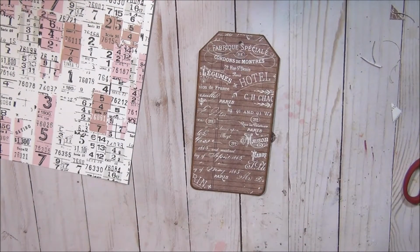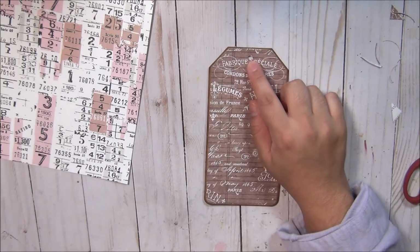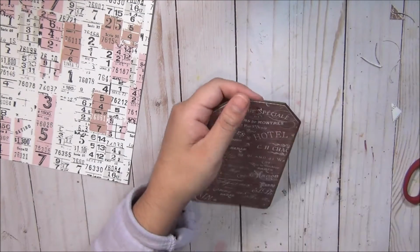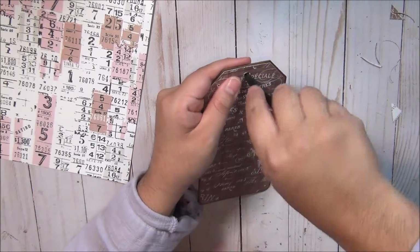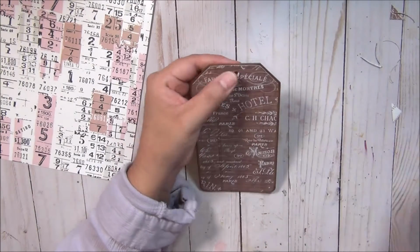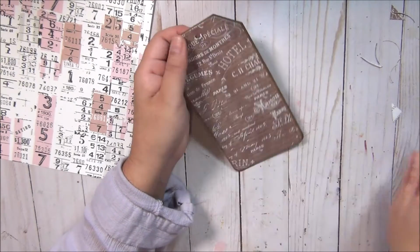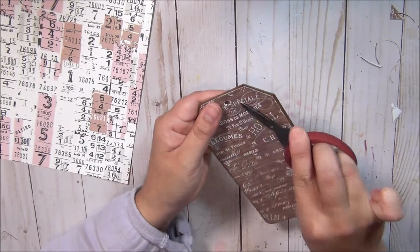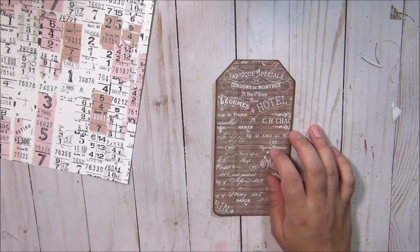So now for this, I'm wondering if the hole has to be bigger, or let's just do it like that. Even if it looks distressed, it's okay. We could just fussy cut the little bulk that came out, and we're going to cover it with